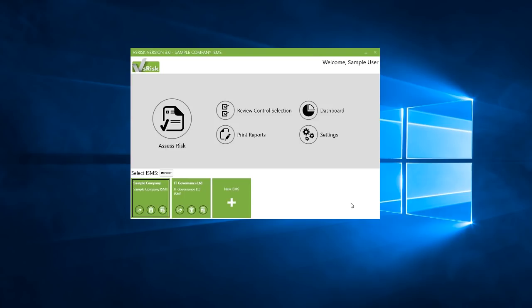Section 2 is going to take us through our first risk assessment. For today's demonstration, we're going to build off of our sample company, as this has been already pre-populated by ourselves here at Vigilant Software and is a good building block for most organizations to use for their own ISMS. We're going to select Assess Risk here, and this will open up a secondary page in just a moment,